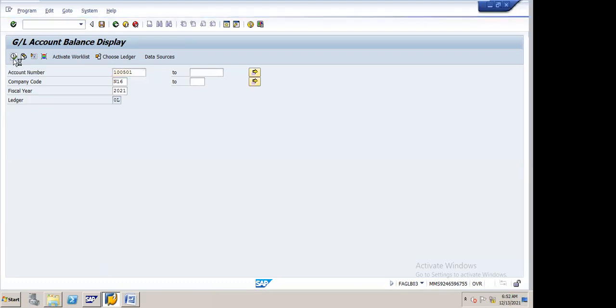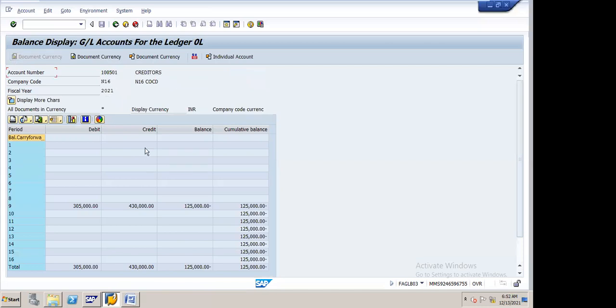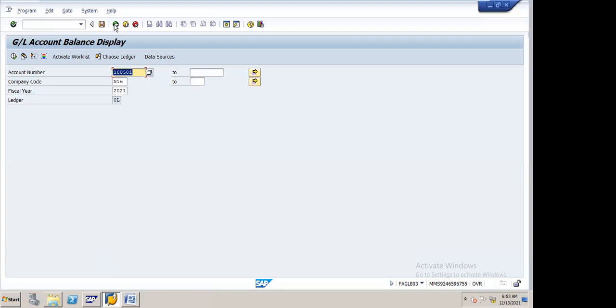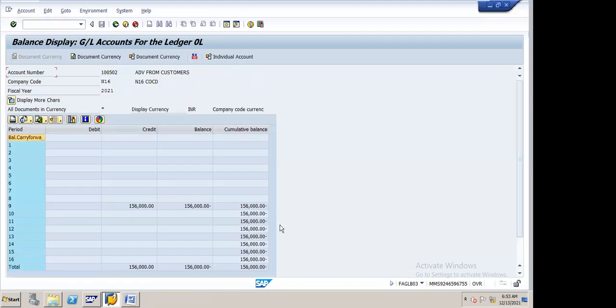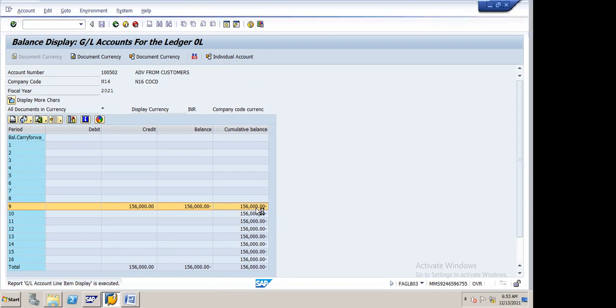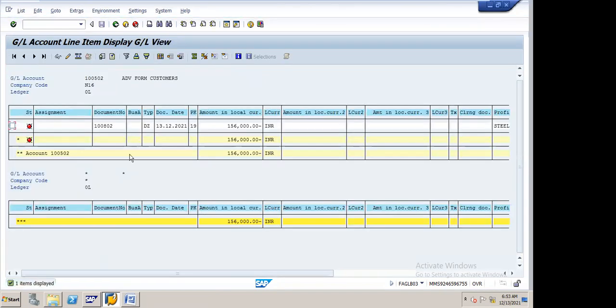Right. So at the time of advance, I forgot to show that actually. 1 lakh 502. Yeah. So at the time of advance from the customer, it will not update 2,111. It updates 1,502 with the advance. At the time of sales, okay, after sales, when I look at the